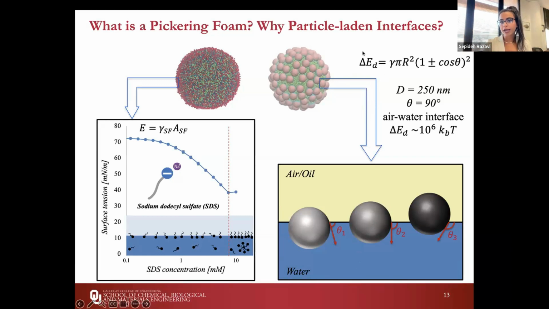So it's not surprising then the binding energy of a particle is going to be related to its size and its contact angle. So for example, if you have a 250 nanometer particle that is neutrally wetting, which means that it's sitting halfway through the oil water or air water interface, you can come up with a binding energy that is about 1,000,000 times kT, where kT in this case is the scale of thermal energy. So if you think about it now, you have this system where the particles are bound to the interface with a very high energy. So you can think about it as irreversible adsorption. So these particles bind to the interface and they're not going to pop out of the interface unless there's some applied deformation, as you'll see throughout this talk.